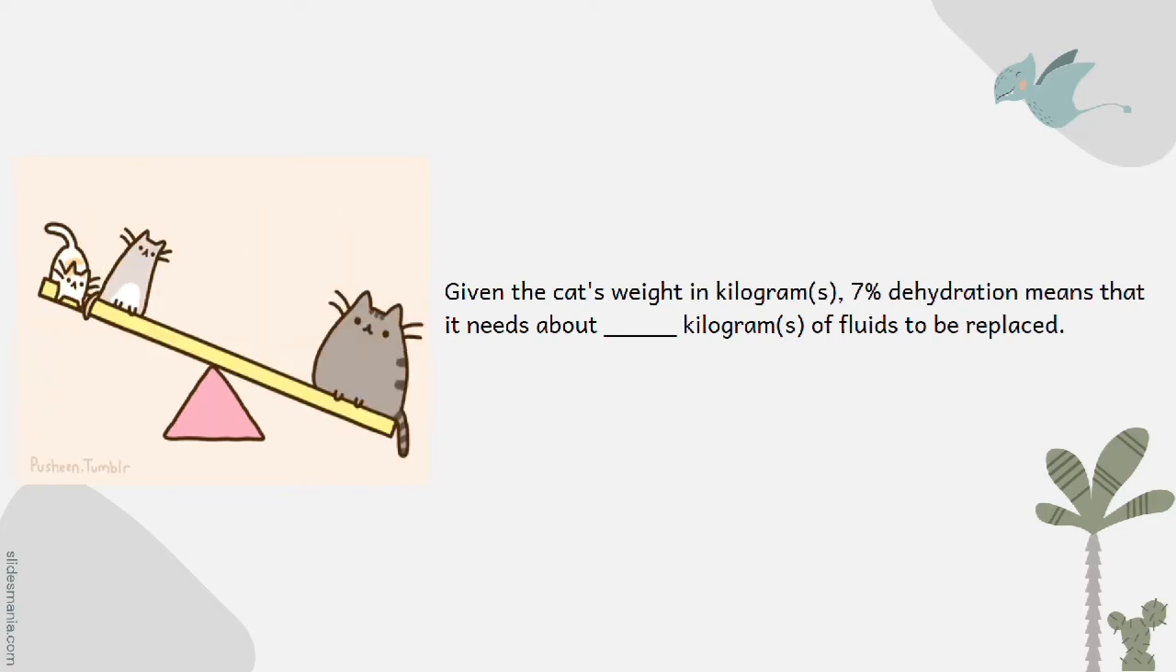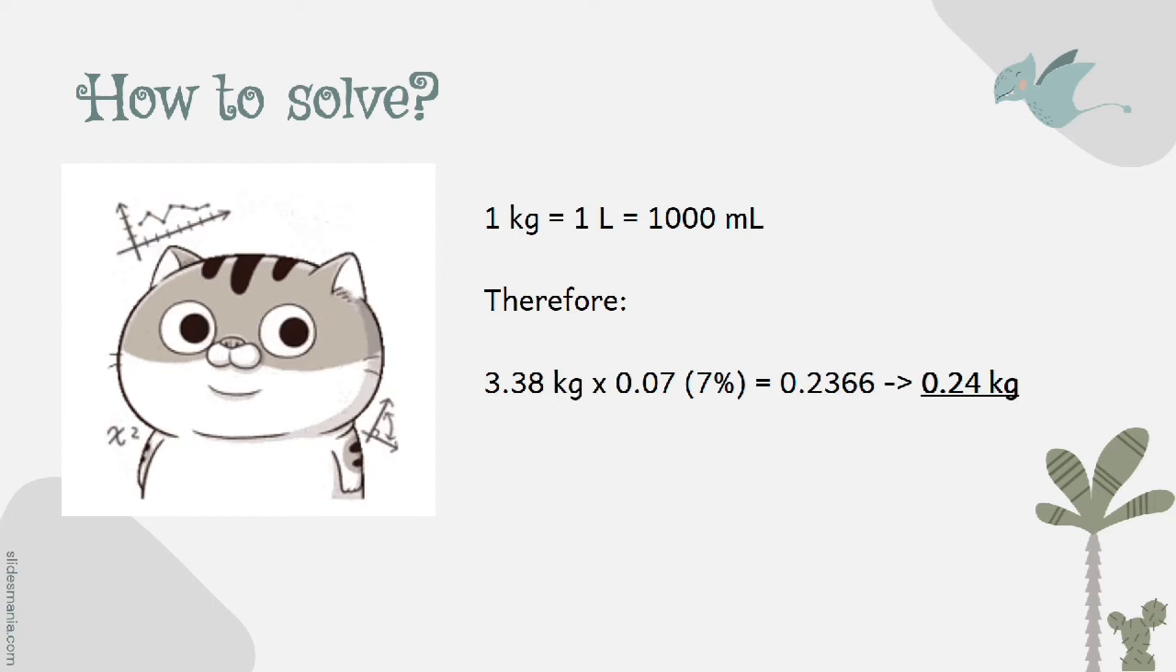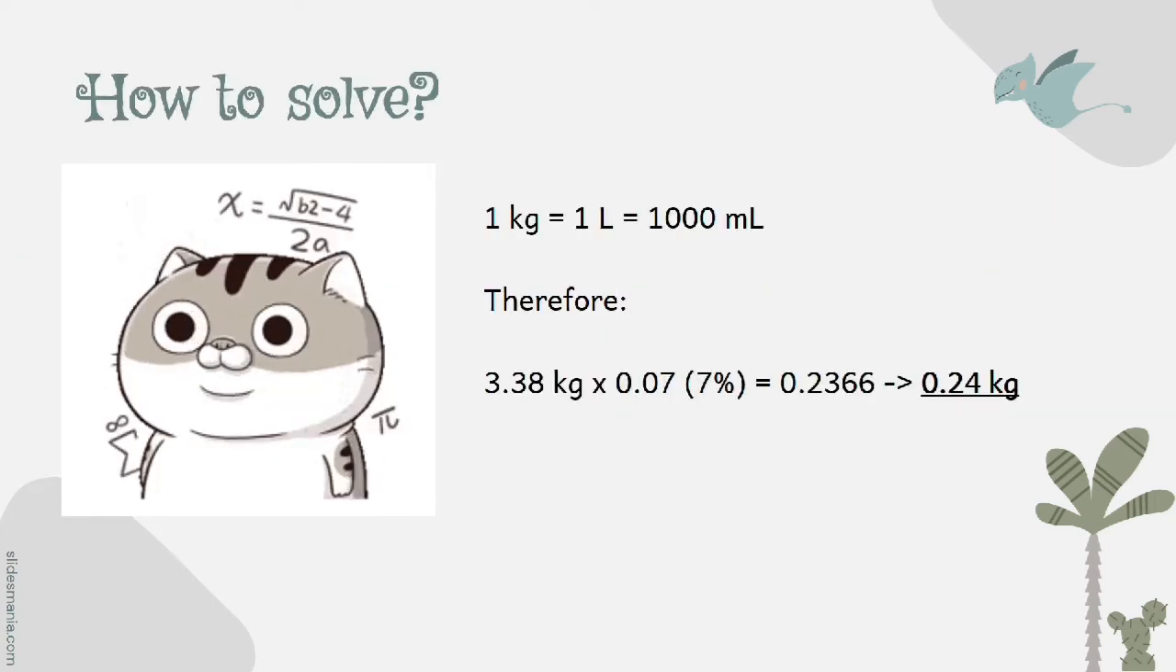Given the cat's weight in kilograms, 7% dehydration means that it needs about blank kilograms of fluids to be replaced. How to solve it? 1 kilogram is equal to 1 liter. 1 liter is equal to 1000 ml. Therefore, 3.38 kilograms times 0.07 or 7% is equal to